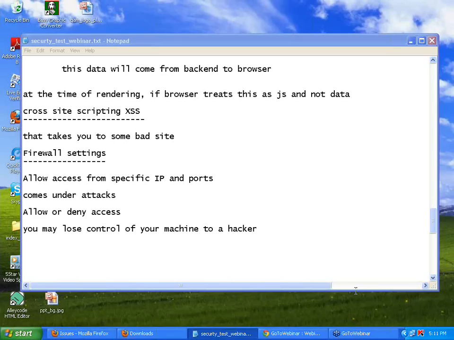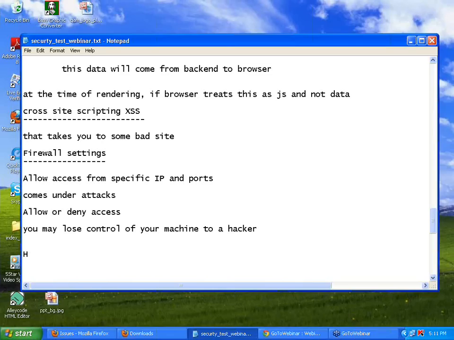There is a software called Hawkeye. If you configure it at the server level, I can say from morning 9 o'clock to evening 5 o'clock, don't allow Gmail to be accessed from my network. If someone accesses that particular URL, your Hawkeye will stop that.